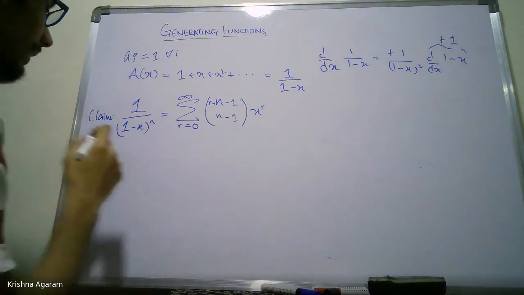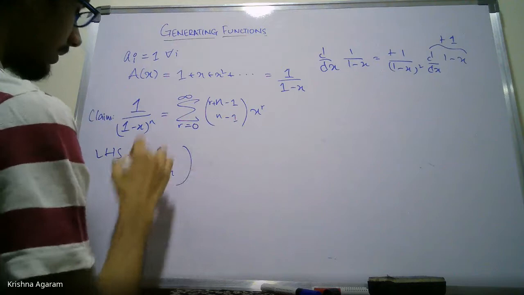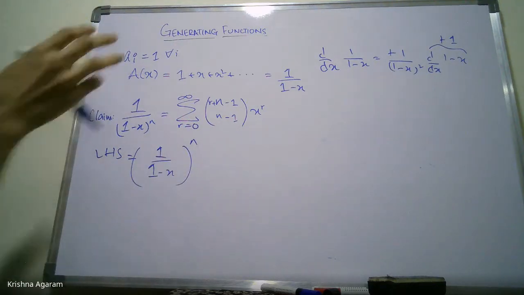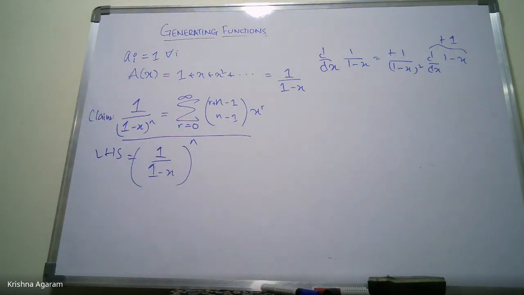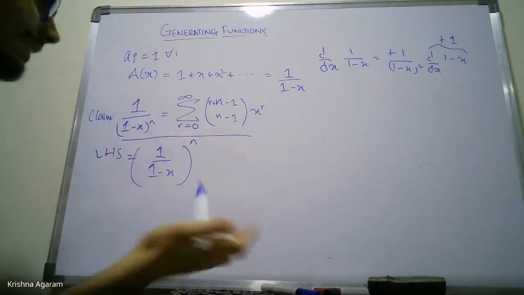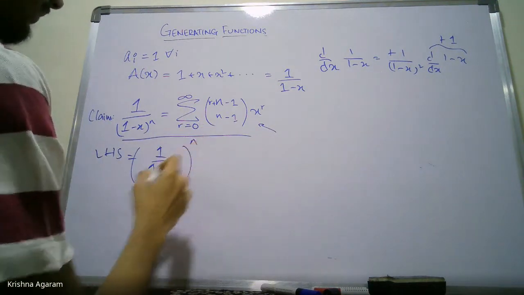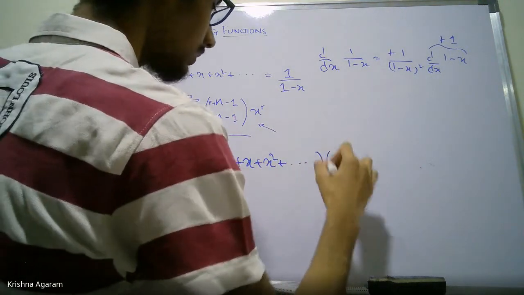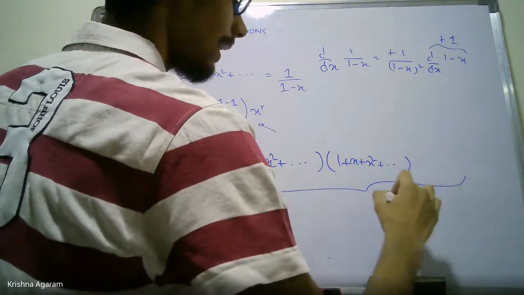Another way, combinatorially, is just the LHS is just 1 over 1 minus x whole to the n. Actually, the combinatorial proof is kind of circular because I will want to use this formula later to get something in combinatorics, which I'm going to use here. But anyways, that is circular, so you can use the derivative proof to get this. There's no problem with that. So this is just 1 plus x squared, so on, n times.